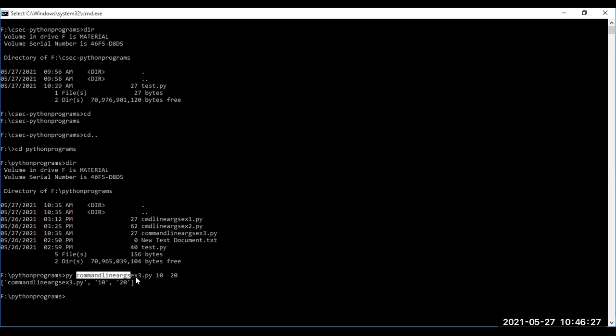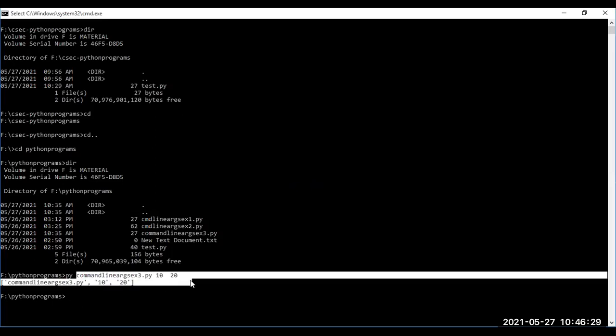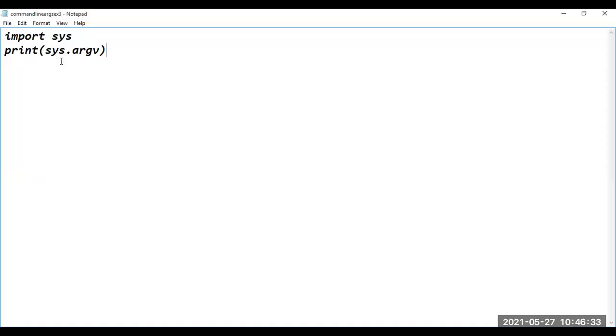Yes, sir. So what has it displayed? It displayed the command line arguments. So where is it stored? It is stored in the argv variable. See the code? So sys.argv. It is the result of this particular print statement, sys.argv. What has it displayed? It has displayed all the command line arguments available in the argv variable. Okay.